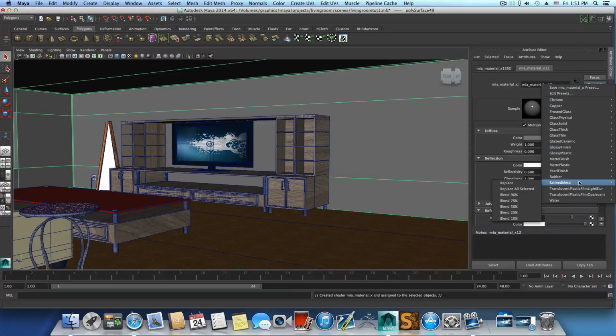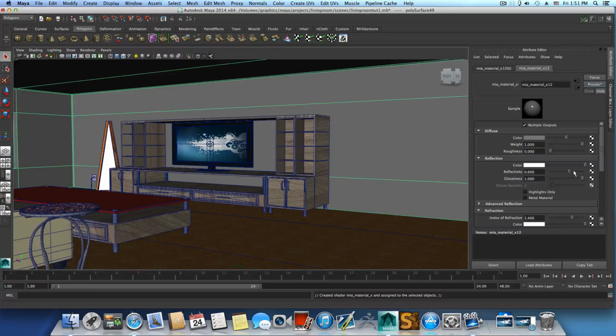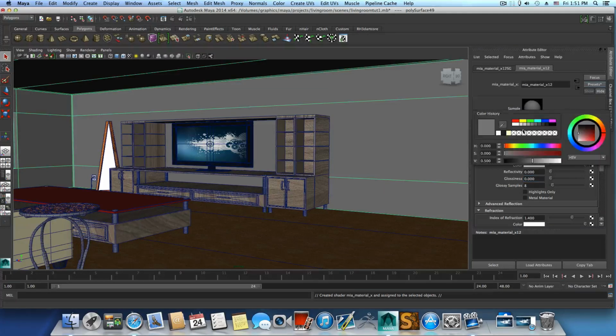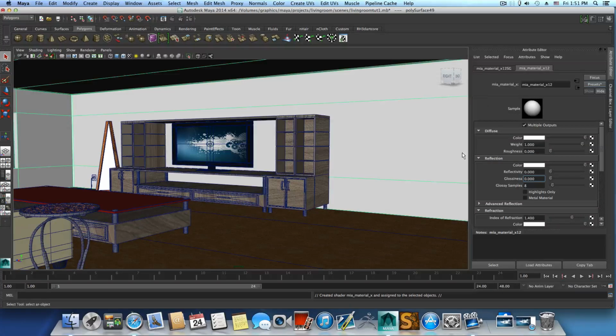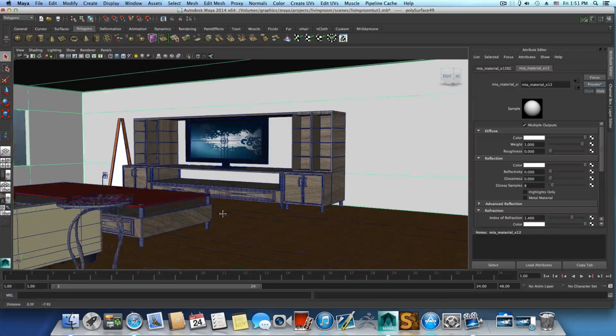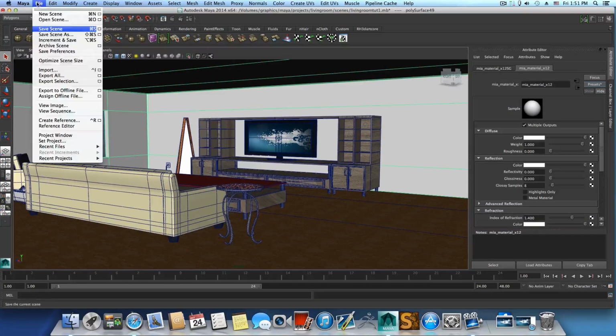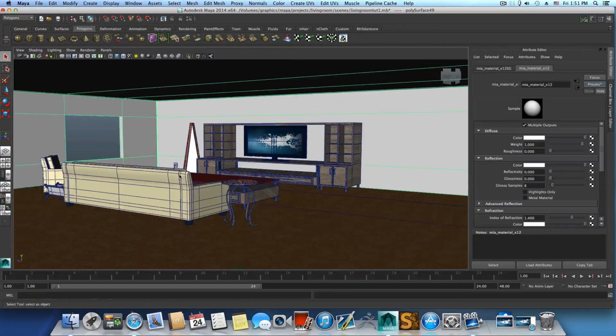Okay, it's some kind of trying here. I'm going to lower down the amount of the reflectivity to 0 and also the glossiness to 0, and I'm going to change the color to white. Okay, don't do anything beside this, and from here again save this,